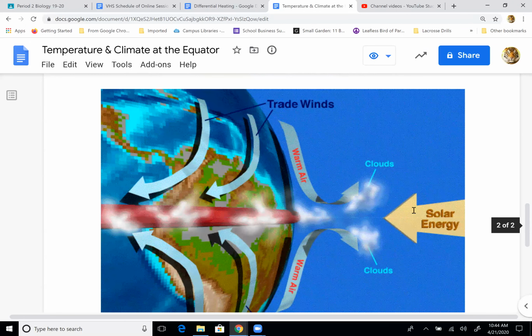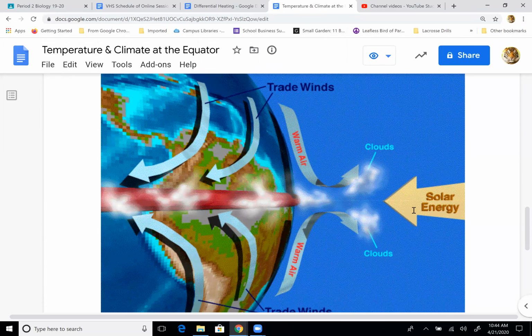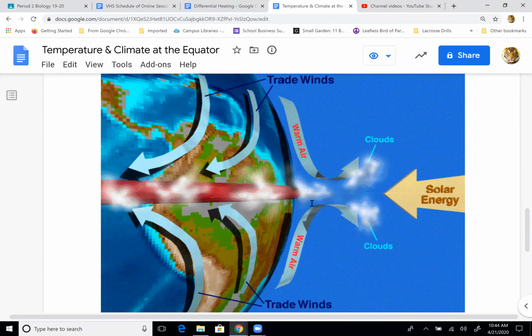Today we're going to focus on the equator, right? Very quickly. The equator is at 0 degrees latitude. It's the middle of the earth. And that's where, again, like we talked about before, the sun's solar energy is most concentrated at the equator. So what that creates is an area that's really, really hot, right? And because it's hot, where there is a landmass, the warm air over the landmass rises. And where there are oceans, the